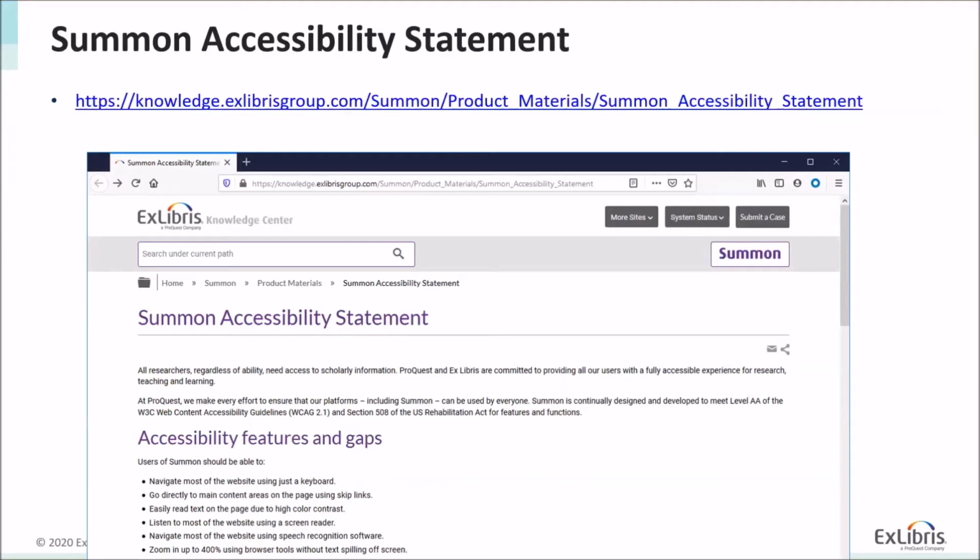Accessibility and usability for a website is always a moving target as browsers update, as various screen reader technology updates, as operating systems change. Accessibility can change based on any of these factors. And so to make sure that everything's usable and available, we do our best to address these things as quickly